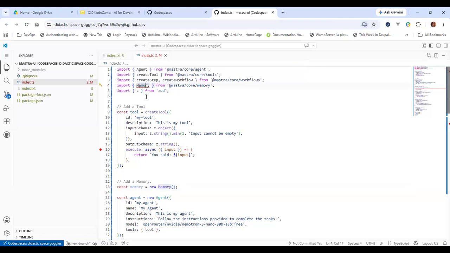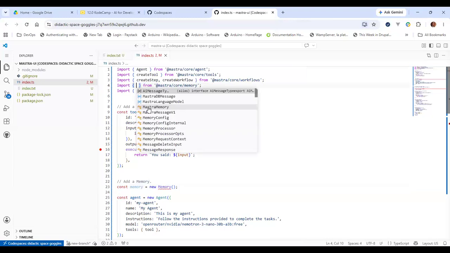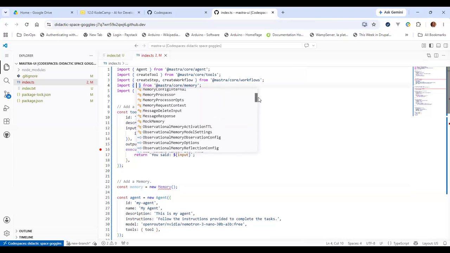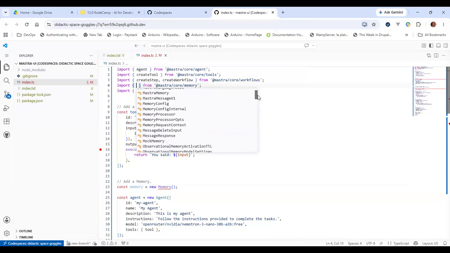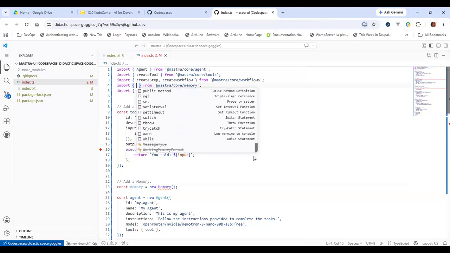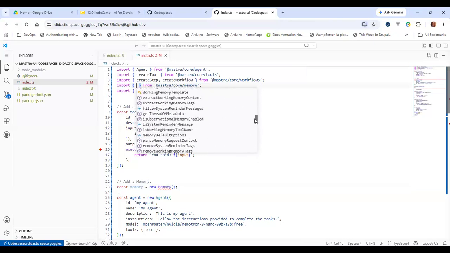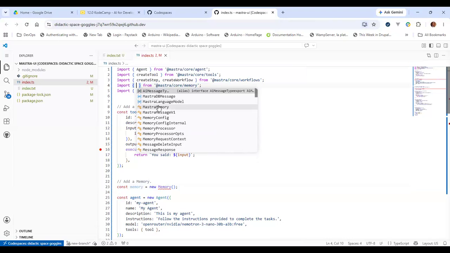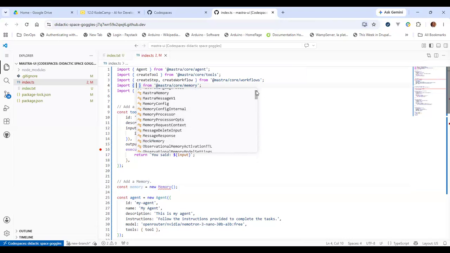Okay, so it is not just memory. You have different types of memory. Okay, so let's go with master memory. Again, their API has changed. So there used to be memory. It used to be just memory, right? But now, let's just go with master memory. So you can see there's a whole bunch of other things. There is mock memory.